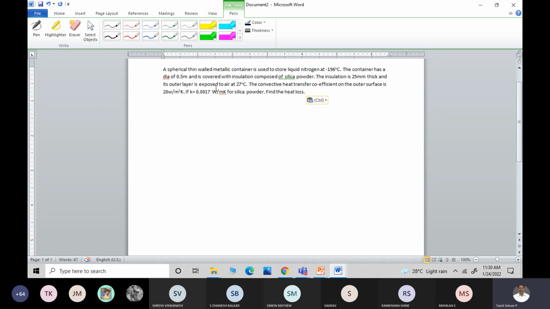What about the convective heat transfer coefficient inside? Inside it is given, ma. For liquid nitrogen, whether they have given? No, sir. Okay. Only outside is given. So actually, technically speaking, for this problem they should have given the inner one also, but since they have not given,